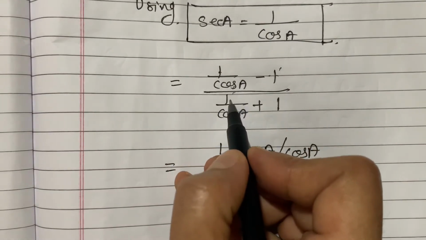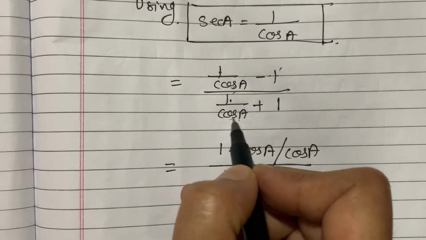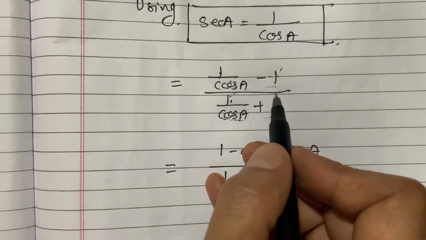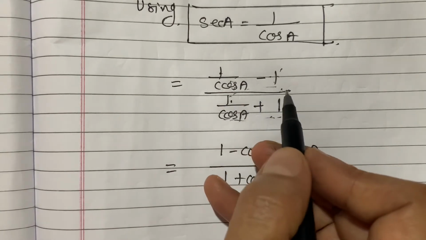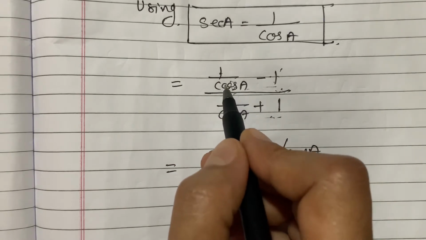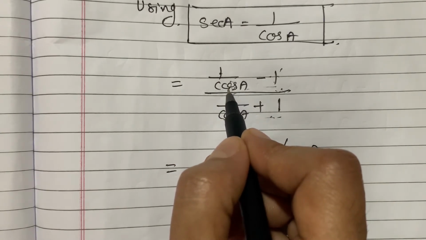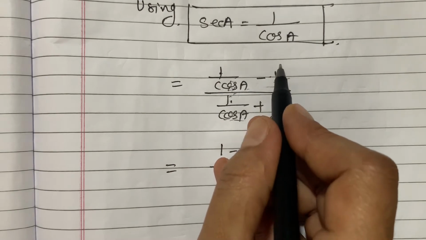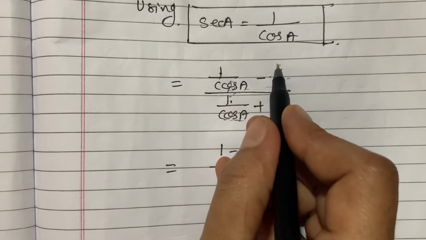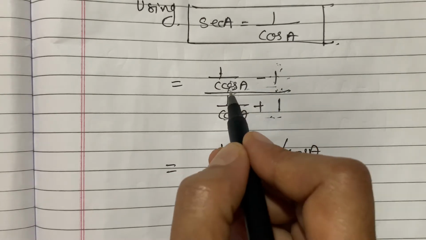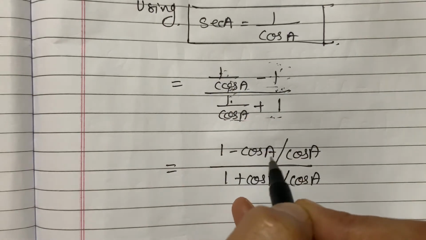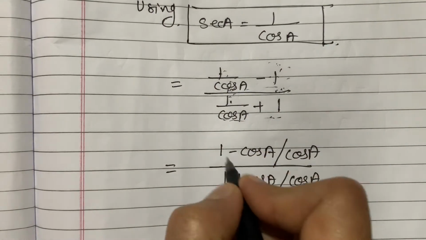Yes. So it is 1 plus cos a, because when you take LCM, always you have to take LCM. Taking LCM is not so difficult a task. Some people make mistakes in taking LCM also. If I am taking LCM, cos a means what? So here with numerator and denominator you have to multiply with cos a. If you are multiplying numerator and denominator with cos a, the denominator will be the same. So that's why the numerator is 1 minus cos a upon cos a. It is 1 plus cos a upon cos a.